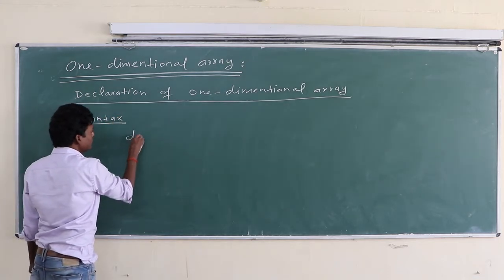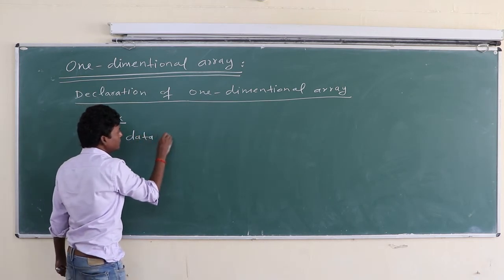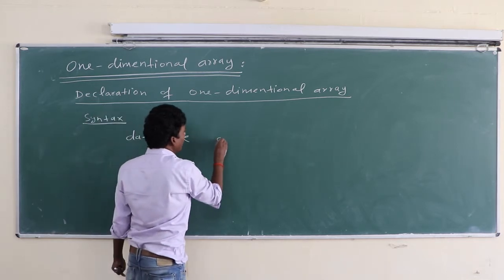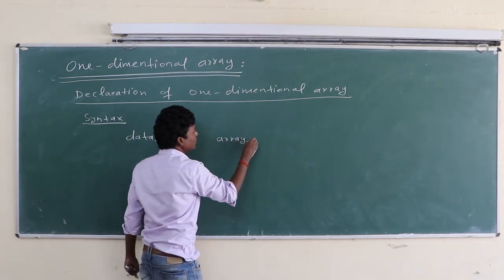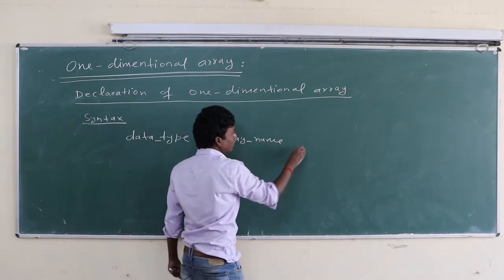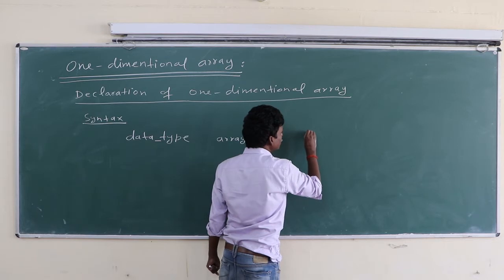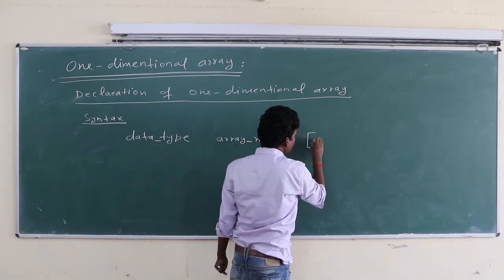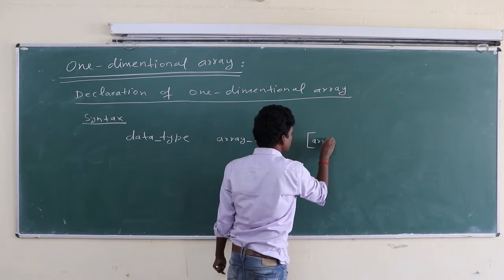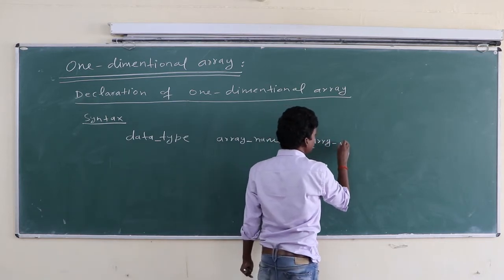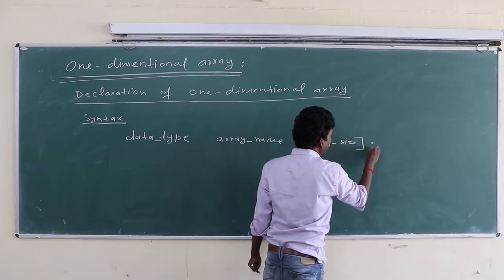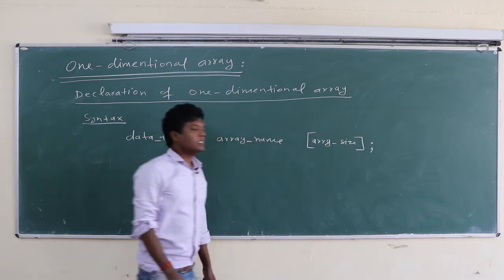Data type, array name, square bracket, array size, square bracket close, semicolon. This is the syntax of